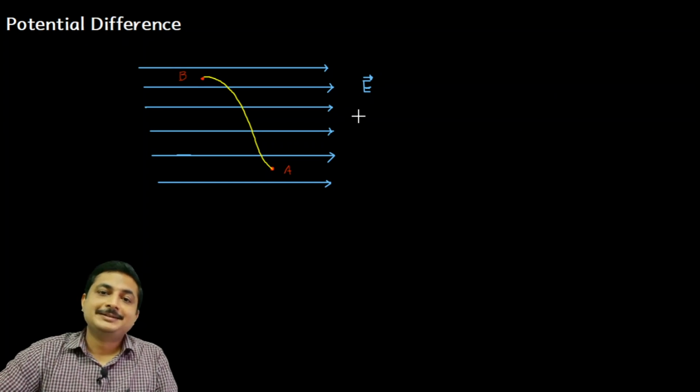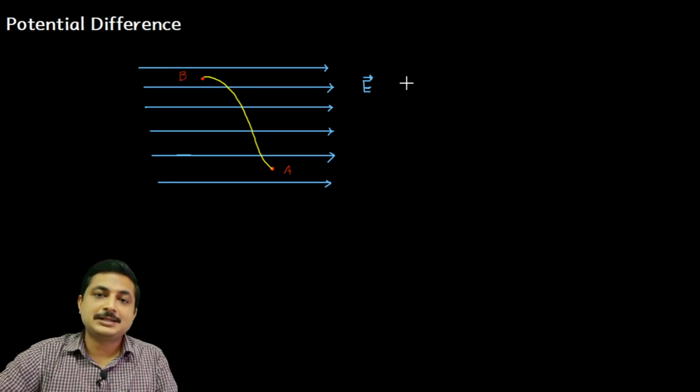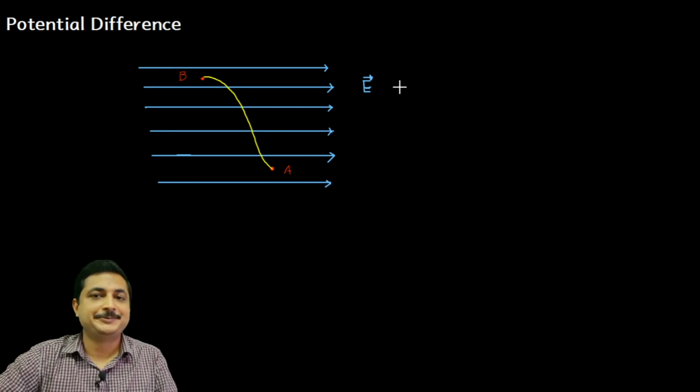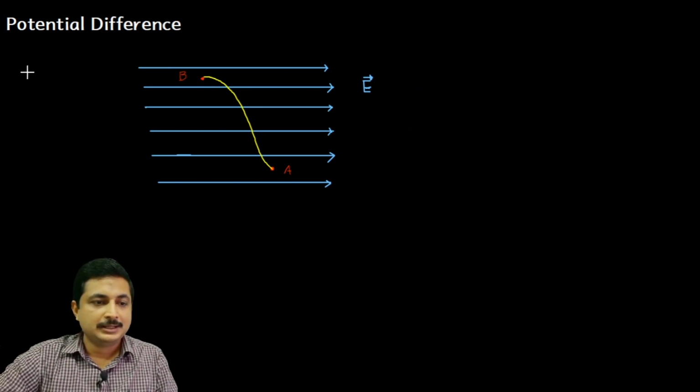Now this idea can be easily extended to write an expression for potential difference in an electric field. We know that we can easily consider work done as potential difference if you are doing some work to move from one place to another place where the potential differs. In the sense, we have already considered this path from A to B.